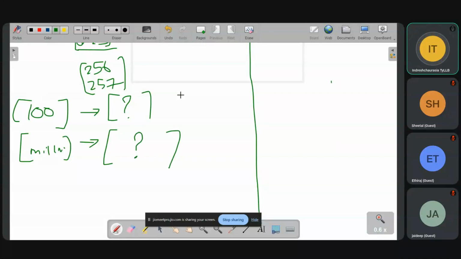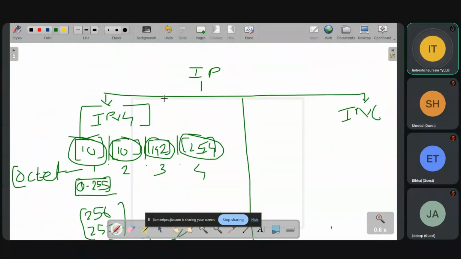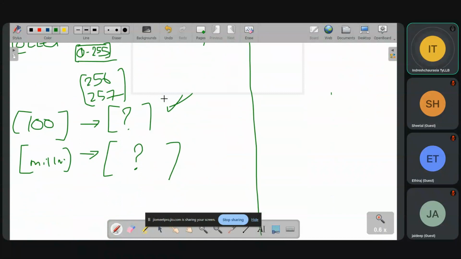So to solve this, what do you do? Suppose you have 100 or 200 contacts in your mobile. How are you going to identify a particular person?